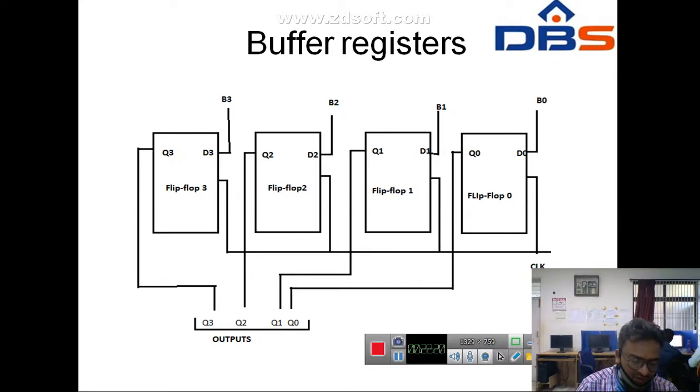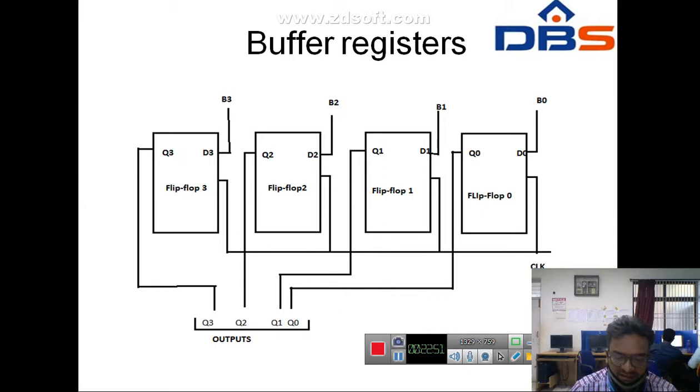So the controlled input mainly depends on the loading condition. Whenever we use a control circuit at the inputs of flip-flops, it depends on the loading condition of the circuit. Loading is the operation of the buffer. Already we have seen what a shift register and what a buffer register is. Now we will see the data movement in the registers.